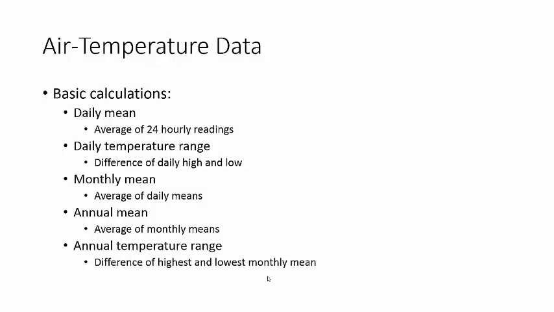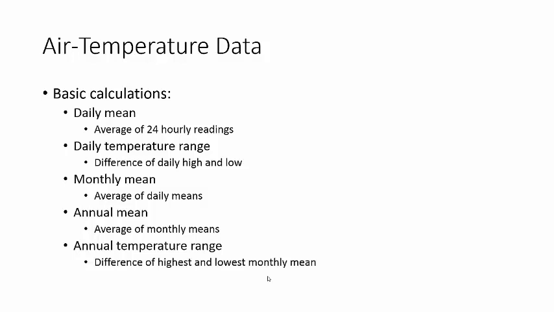The daily temperature range is, remember, you still have all those 24-hour temperatures. So you take the highest one and the lowest one and you subtract. Had a math teacher describe range as Mariah Carey. And I was like, huh? But she can go really low when she sings, and she can go really high when she sings. And so the difference between that low and the high, that is her range. That's her musical range. Same thing with temperatures. The really low one and the really high one, you subtract those and you get your range.